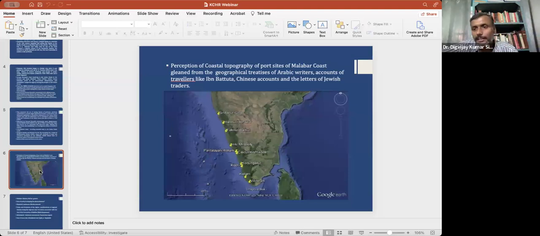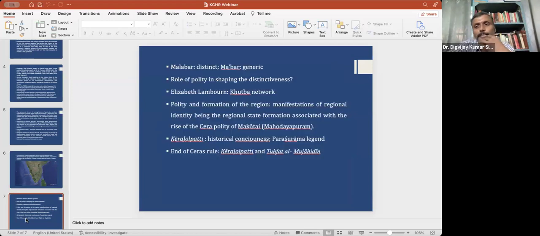Now, this pattern of the role that possibly the coastal polities were playing in giving this distinctive perception of the coastal region, that is of Malabar, to the contemporary writers, travelers, and traders, is also being supported by the findings of the writings of Elizabeth Lambourne and also, recently, Sebastian Prange. Now, Elizabeth Lambourne, in her studies of the Khutbah network, argues that